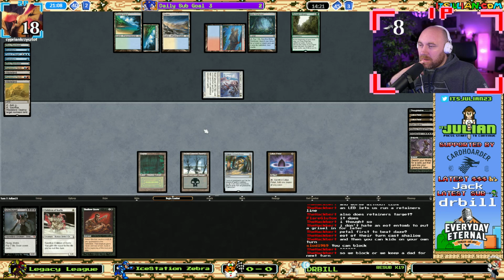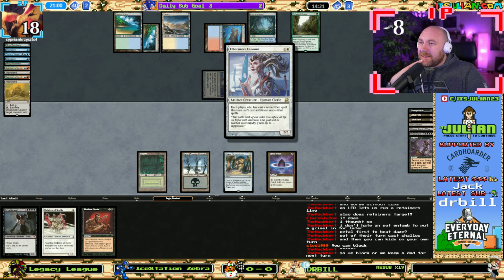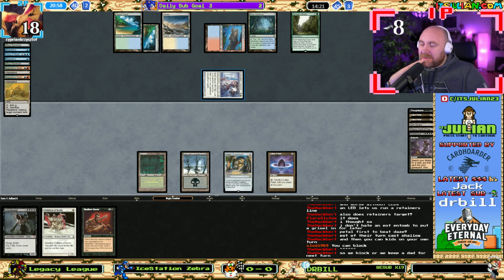Well, yeah, if we can take out the Canonist. That's the Canonist. The thing is, I don't think we can win through the Canonist unless we draw the Dark Depths combo. And that's gonna be